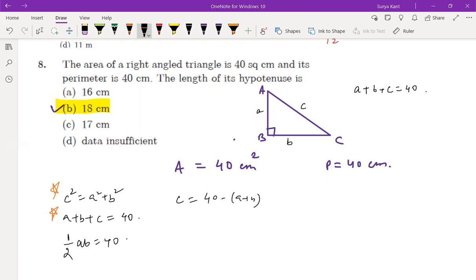Yes, sir. Then we can square both the sides. Right. C square is equal to what, means just squaring both sides. A plus b will take a bit of time to square it. It will take a bit of time to expand it. So you can do it. What are you saying, Samarth? Sir, it will take some time to expand this equation. It's a long process. So you can do it or directly you can write here. Okay.